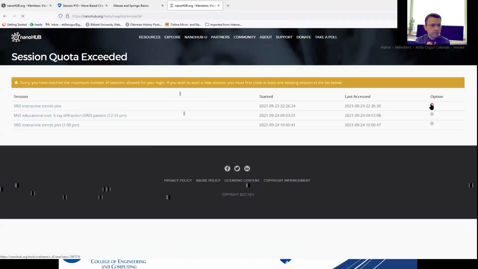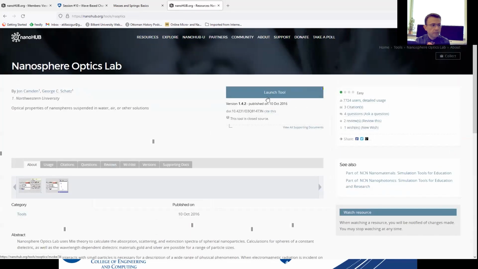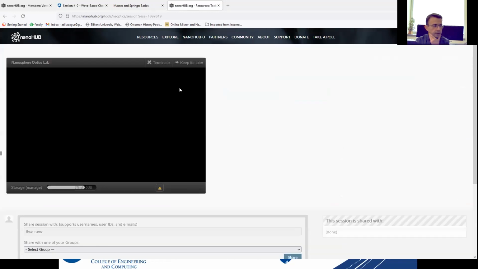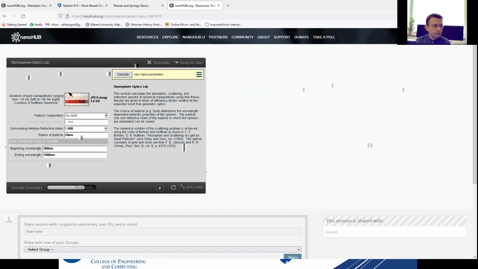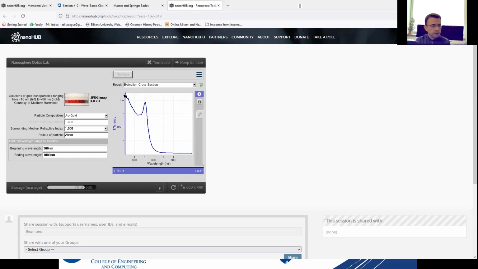So this is a great tool that you can utilize, the Nanosphere Optics Lab, because a lot of us are synthesizing nanoparticles in our labs, in our institutions, like little gold nanoparticles, and we're sending the light, and this is now getting the UV-Vis measurement. Okay, so it says efficiency, the extinction cross-section. You can read it as absorption, okay? So it's not one-to-one the same thing, but wavelength and absorption is